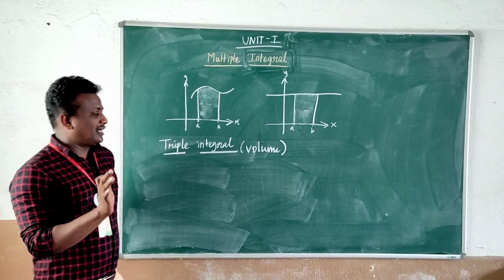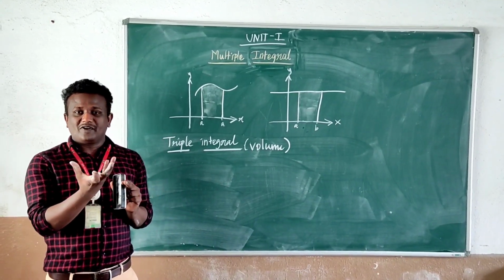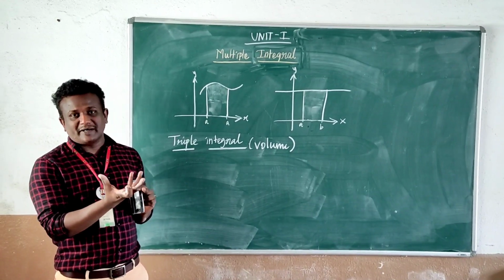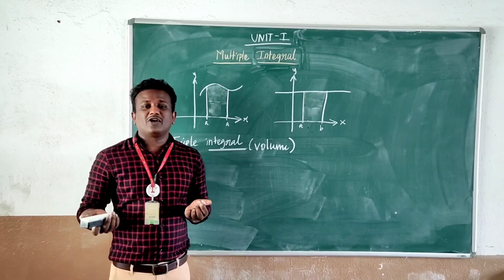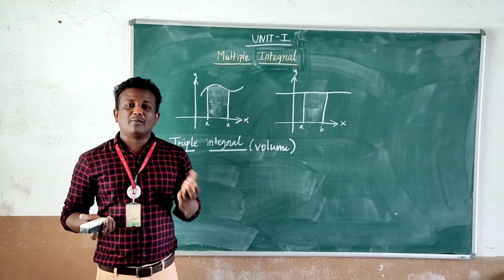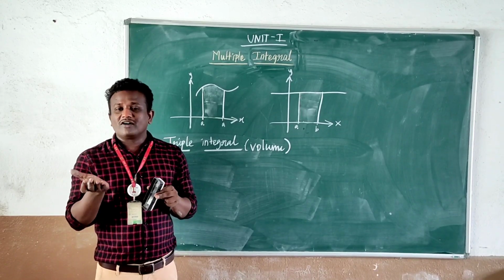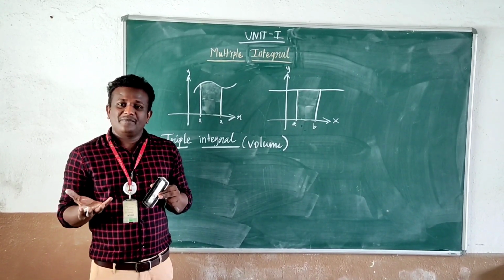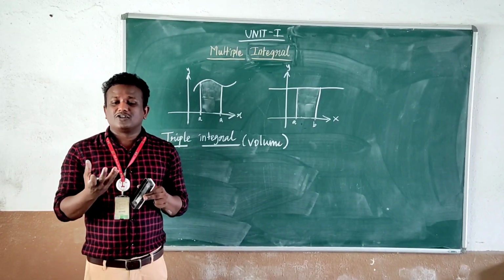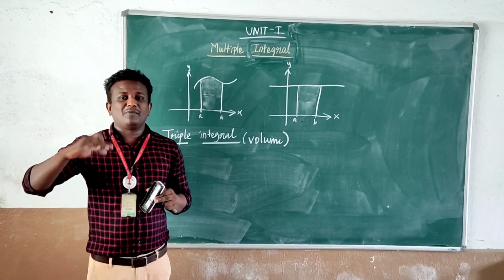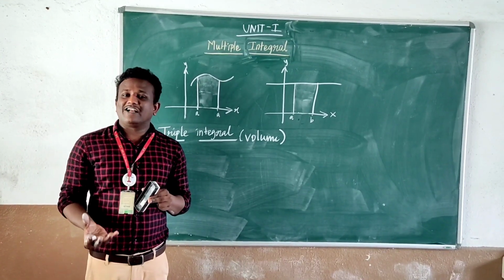I will explain this through an example. Suppose we just imagine a ball, which is in the sphere shape. Now you have two objects. On the right hand you have a ball, on the left hand you have a balloon. In both objects you have to fill the water. If you fill the water in the ball, what you will see? You have a formula to find the volume of the sphere. By applying that formula, you can easily calculate how much water you have filled.